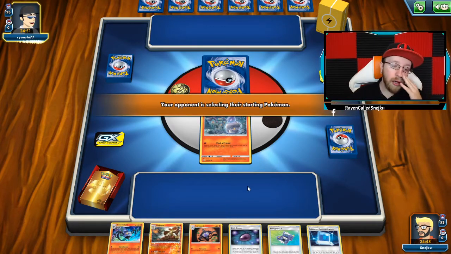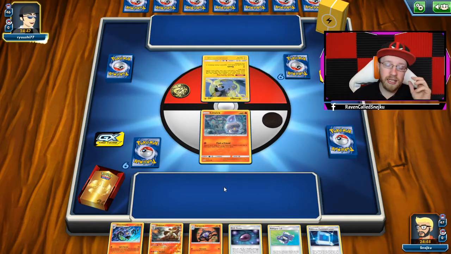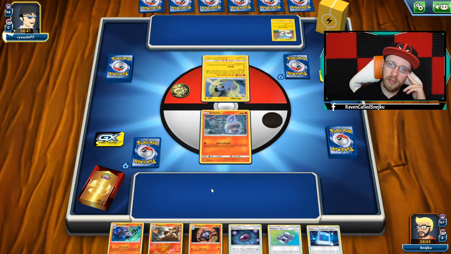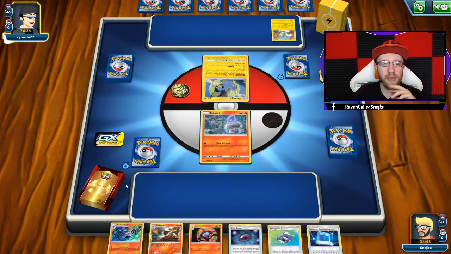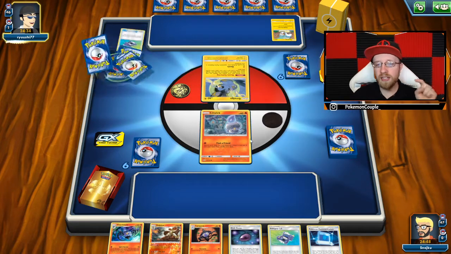Unfortunately, we do have Pokemon Communication. We do have Lampent already in hand. Okay, that's a Molga. So that might actually be a Nuzzle deck. Exactly, a Nuzzle deck with a Reshiram, right? The surprise Reshiram there. So what I want to do is play Pokemon Communication on the Delphox, get another Litwick on the bench,